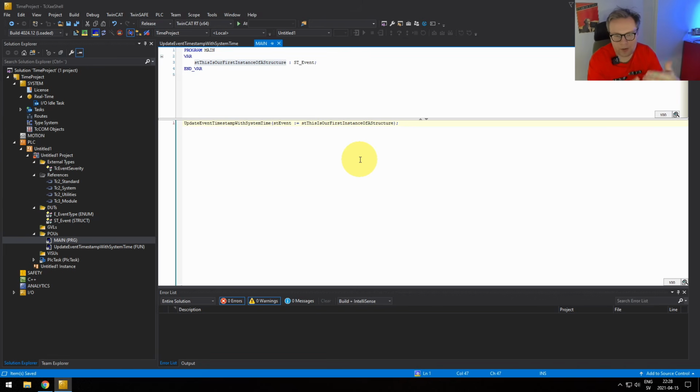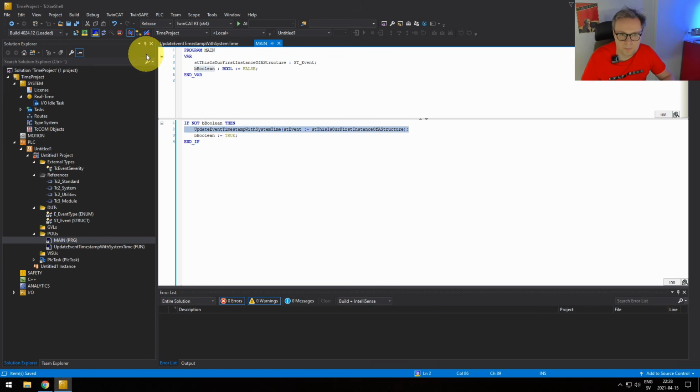So this event will just get a new timestamp all the time. Maybe we don't want that. Maybe we just want it to be filled once. So we'll do that. We just create a very simple Boolean, a bool that's just going to be run once. This is initially false. So if not, that is when this is false, run this one, then assign it to true. Which means that everything in here will just be run once, which is what we want.